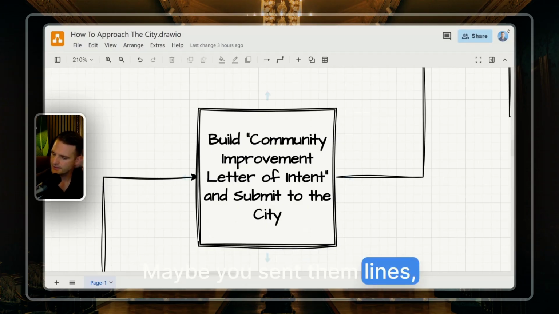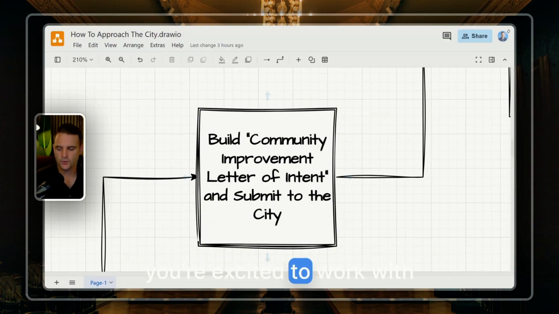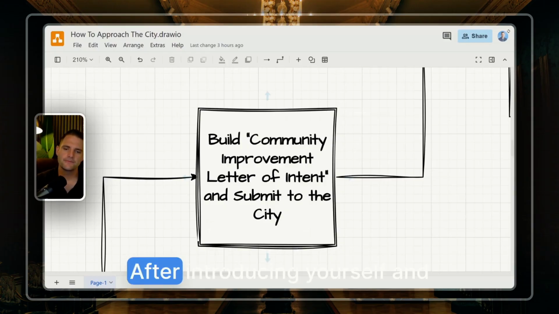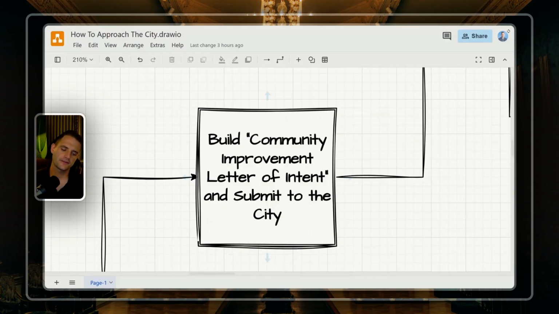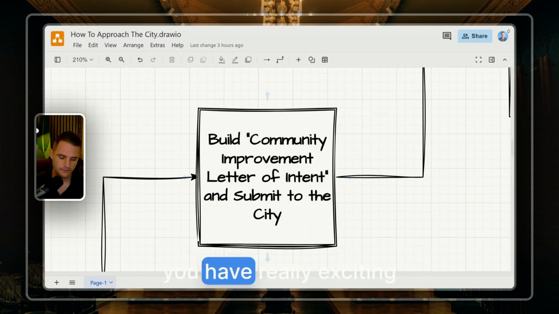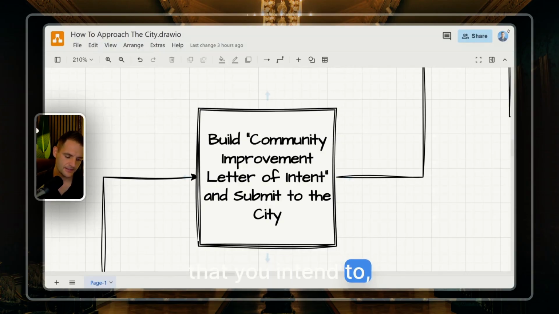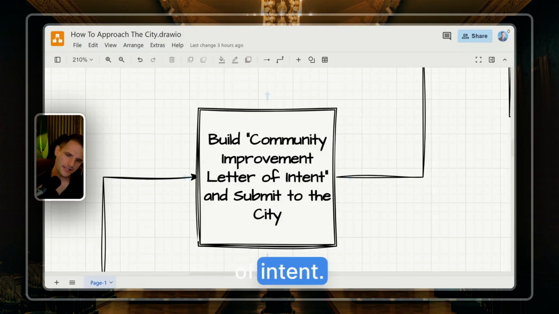Maybe you sent them a hello message online, or maybe you gave them a call and just let them know that you're excited to work with them, introduced yourself. After introducing yourself and showing up at the city, letting everyone know that you're excited to be there and you have really exciting improvements that you intend to instill in the city to make the city even better, it's time to create a letter of intent.